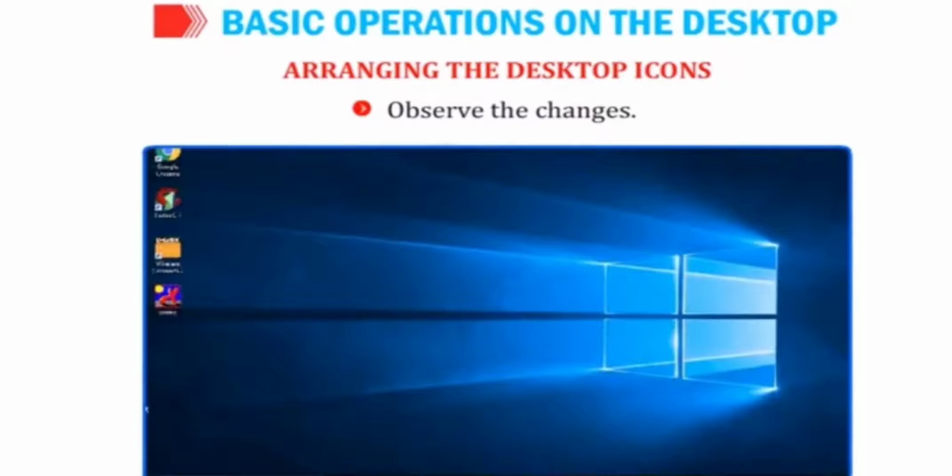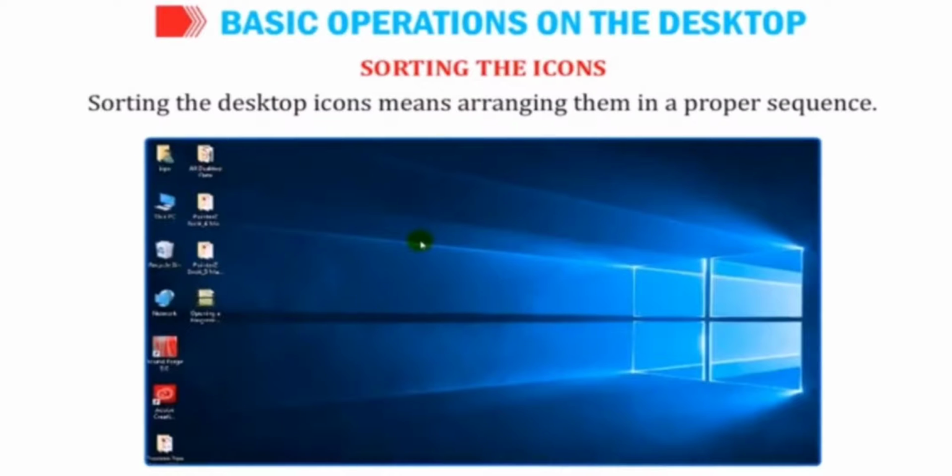Now what we can do is sort the icons. So how can you sort the desktop icons? See, many ways are there. Sorting means arranging them in a proper sequence. Anything, if it is in a proper sequence, of course it looks good. So if we want to sort these icons, what can we do,